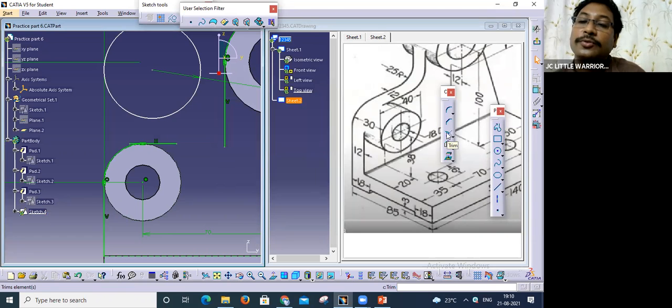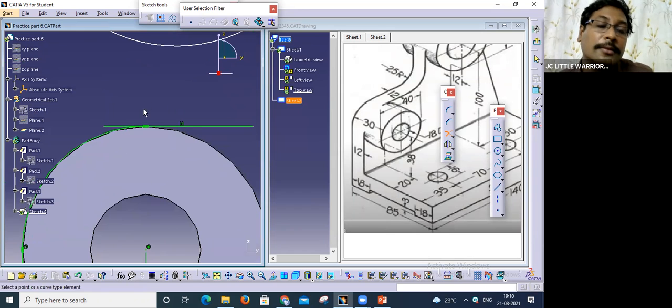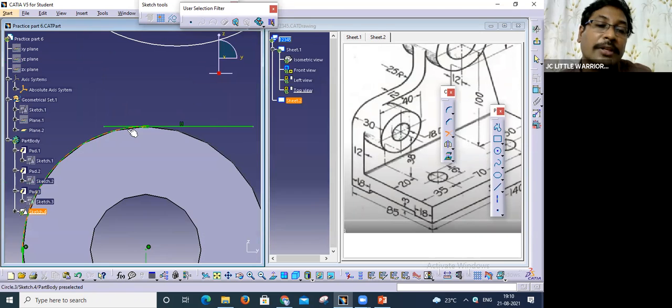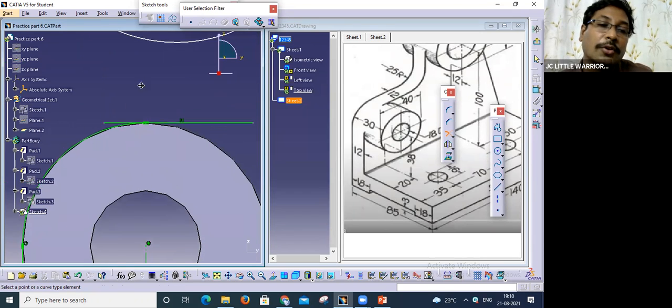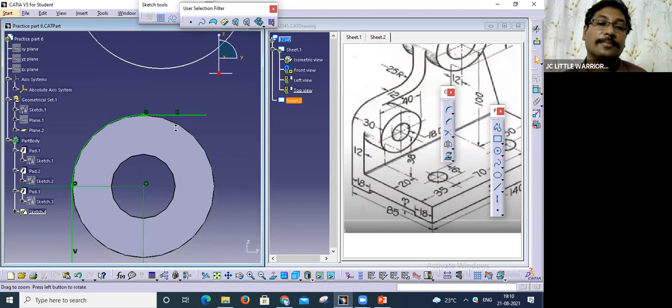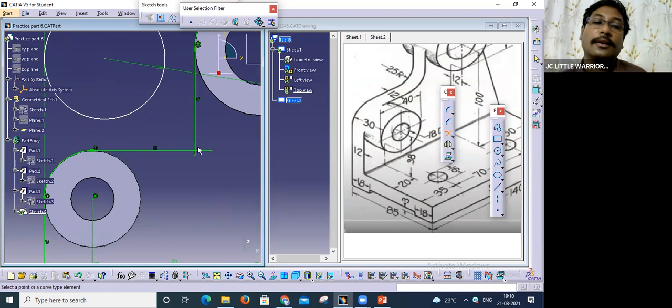Now I'm going to trim them because this line is not in line with this circle. So this is crossing this point, but this should exactly match with this line. This circle. So we did it. Now simply extend this line, and you can just click on this line, and also